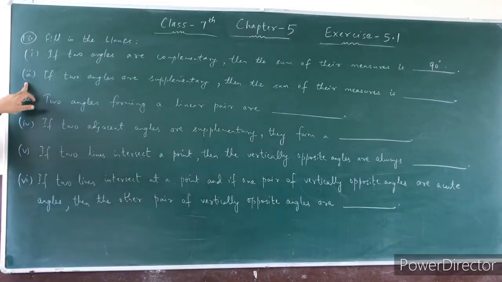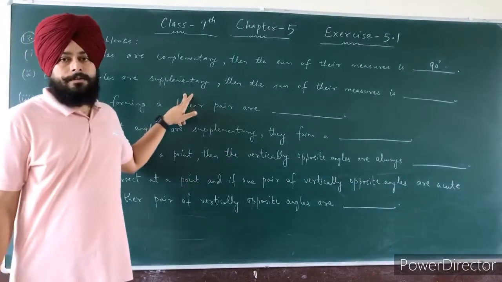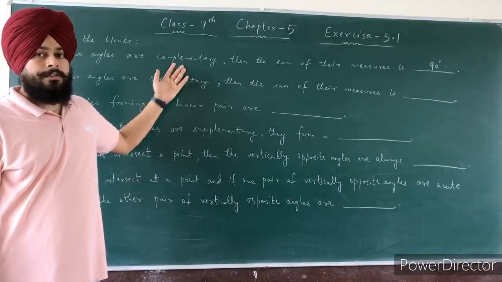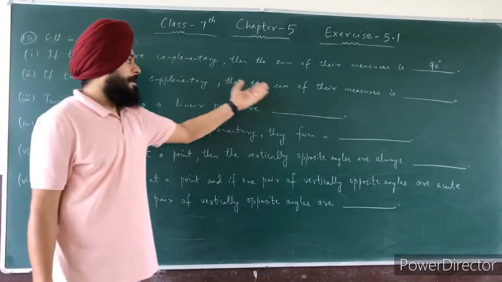Okay. The second part is, if two angles are supplementary. So the same question as before. There it was complementary, and in this question it is supplementary. Then the sum of their measure is